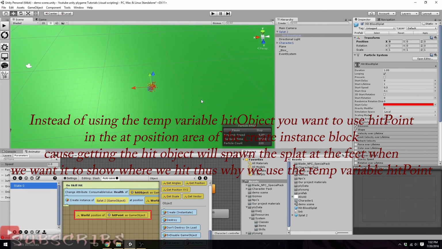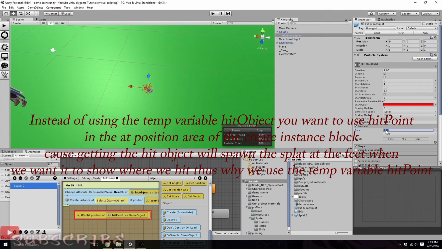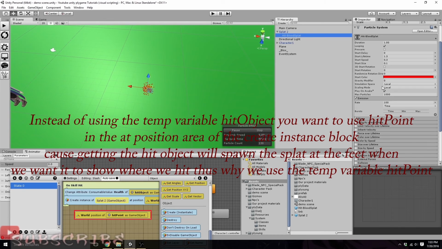This needs to be zeroed out. Don't know why it wasn't. Okay, let's make it just a bit bigger. Let's go to our emissions. Actually, no. Our lifetime. 0.3. Okay. So once you've adjusted this by your emissions and your shape, your shape you can change from